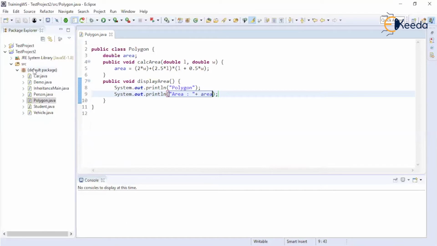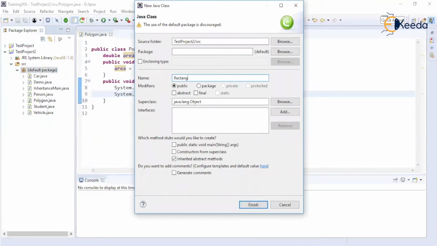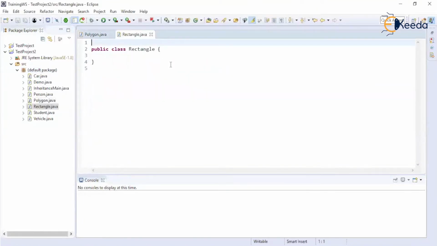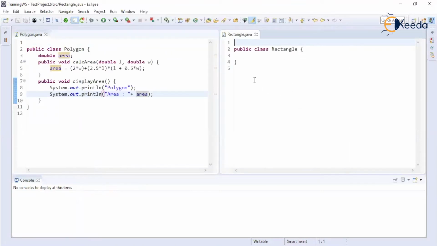Now, I have another class, which is Rectangle. The functionality I want is to calculate the area of the rectangle, and I also want to print the calculated area of the rectangle. Now, how many parameters are accepted by rectangle? Dimensions, width and length. So do I have any functionality which already performs this task of calculating area with two dimensions and also printing the calculated area?